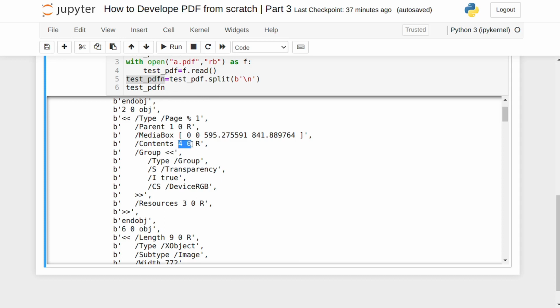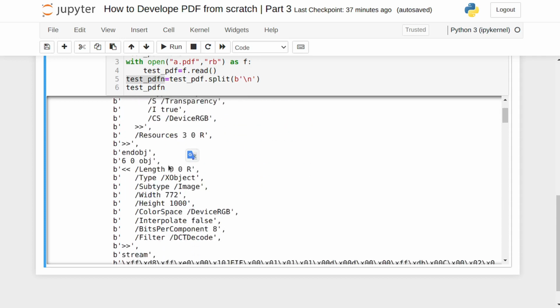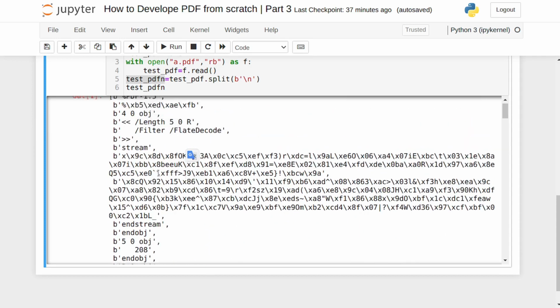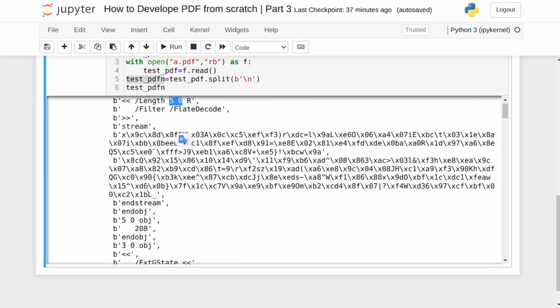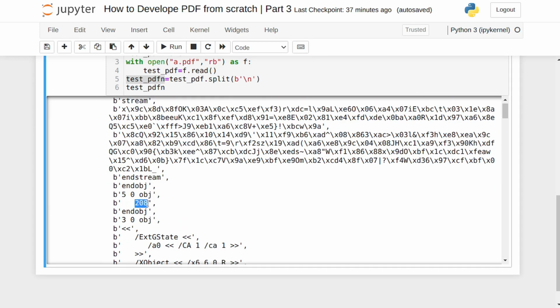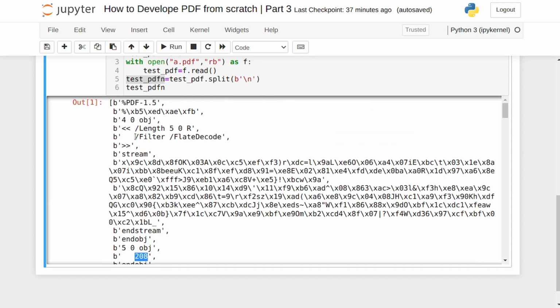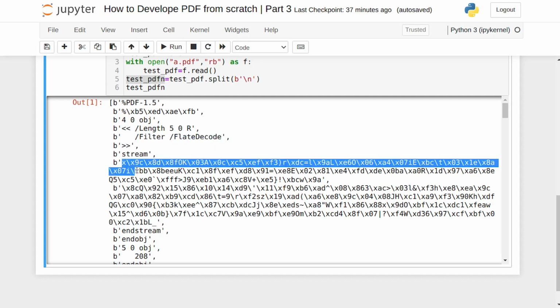So let's check out the content object which is used by this page with ID 4. If I just search a bit, there we have the object with ID 4, which is actually a stream data with a length again referred with object ID 5, this one. So a length of 208, and it has used a filter FlateDecode,